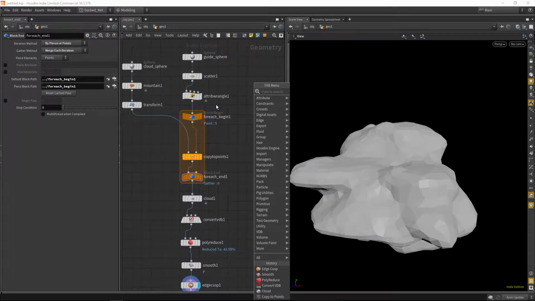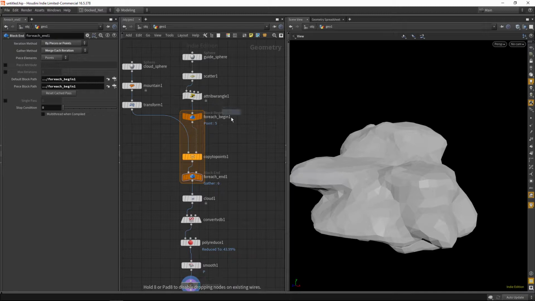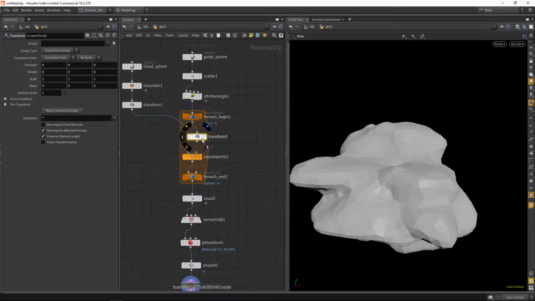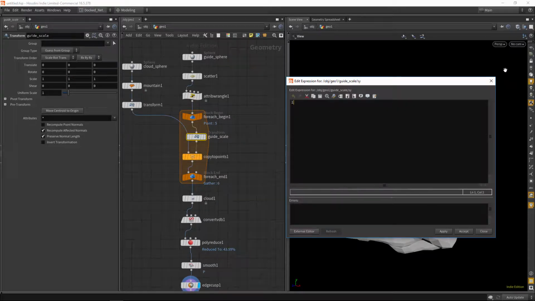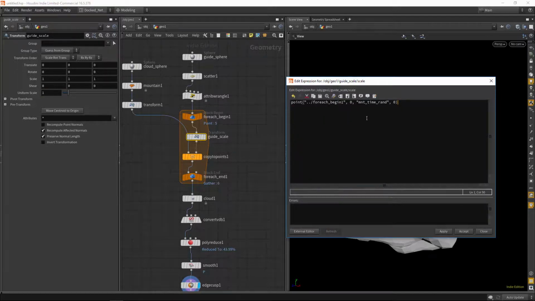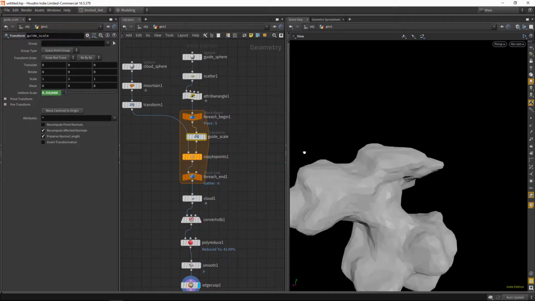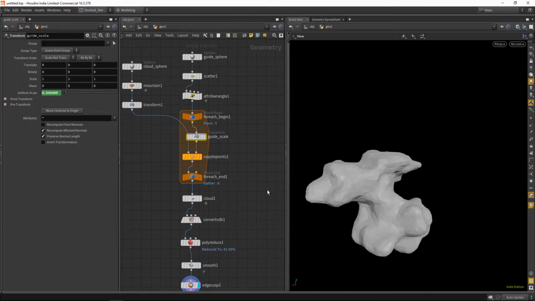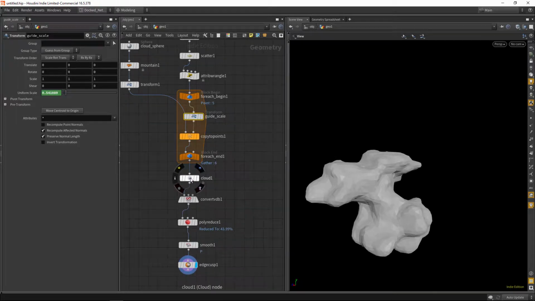And let's create a new transform node, and we'll plug it into there, and we'll save this guide scale, for example, and we can change its scale, or let's actually do the uniform scale, and we'll do guide size rand and click accept. So now we got some random values going on, and we can go to the cloud node,